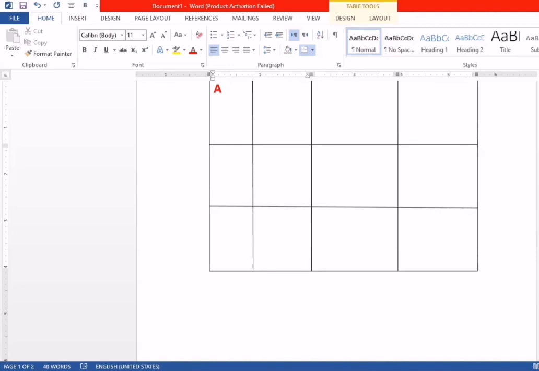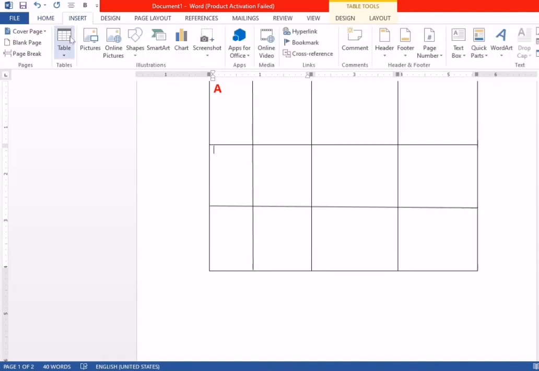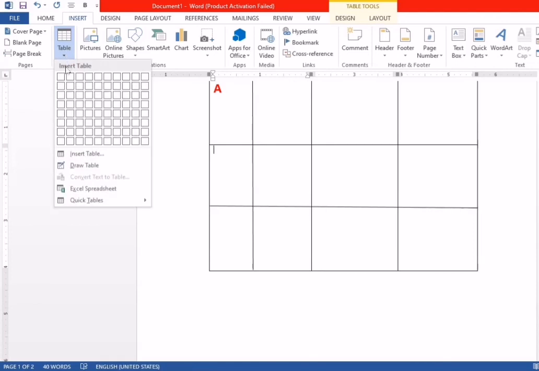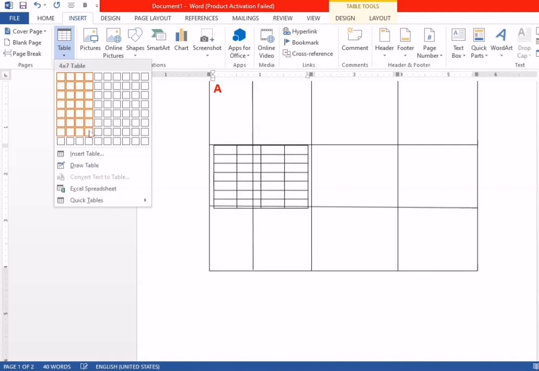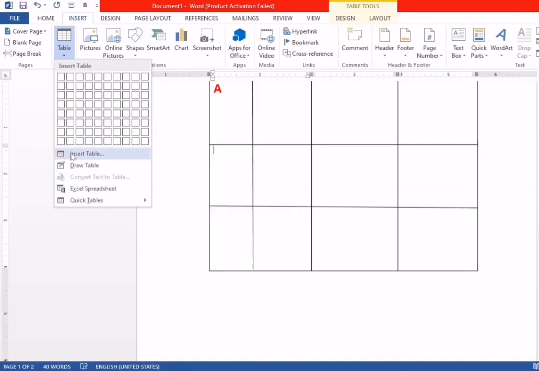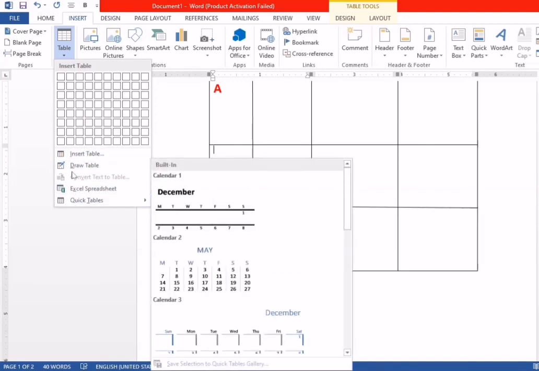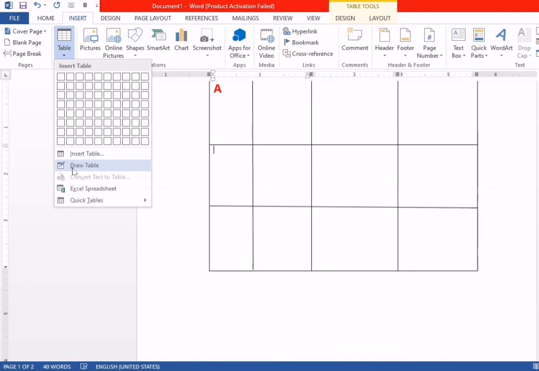I hope you understand this topic, how to insert tables. Let's quickly repeat this. First we use Tables by inserting, where I just click here and this appears. Second method is Insert Table. Another way is Quick Tables, and last is Draw Table. There are some other methods, but I think these are enough for you and you understand this. I hope after this you practice on your computers.